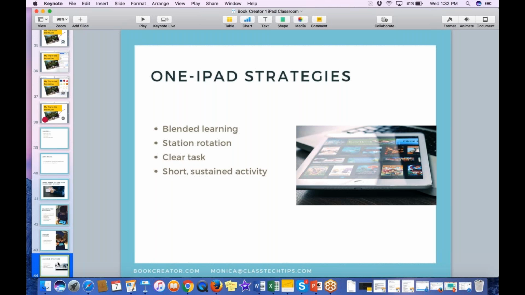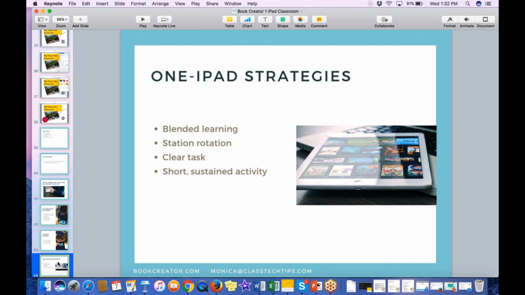There's a couple devices in the classroom. Maybe one of them is an iPad, and students are using them in conjunction with more traditional tasks. You might use a station rotation where you have one iPad in one station of your classroom, and your kids circulate from groups of 3 or 4 to that iPad station, and when they get there, they all work together on one page. Or students rotate in and out and have turns with that iPad every once in a while,